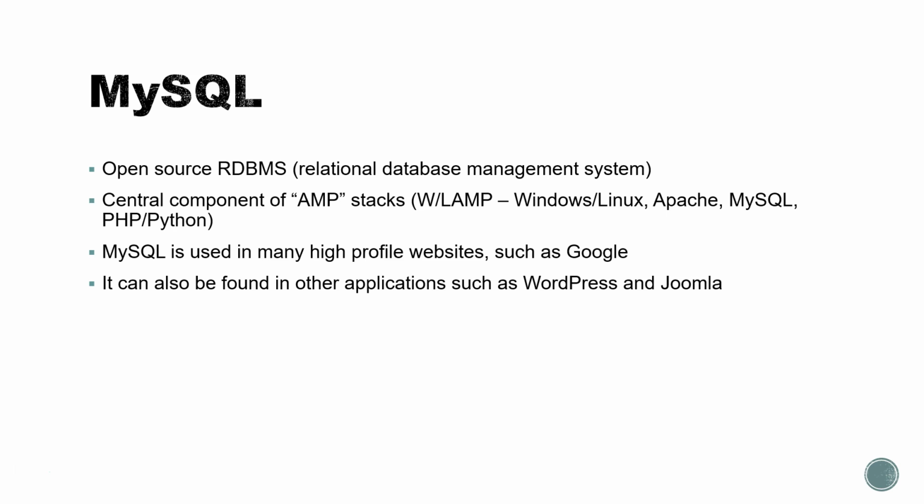So AMP stands for Apache, MySQL, PHP, Python, and Perl, although I haven't written Perl on there. So basically what you have here is your operating system. You have Apache, which is your web server. You have MySQL, which is your database, and you have a programming language behind it, which in this instance is your Python or your PHP. PHP is a web server script. So what you can have here is